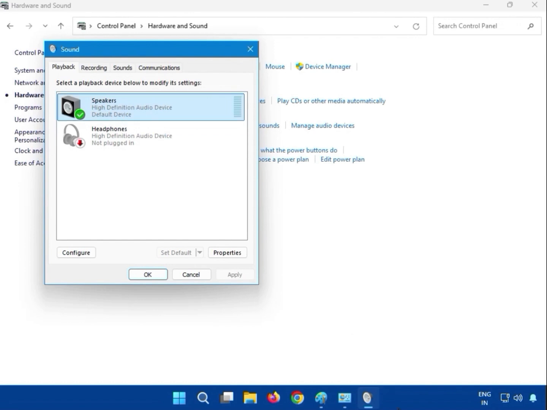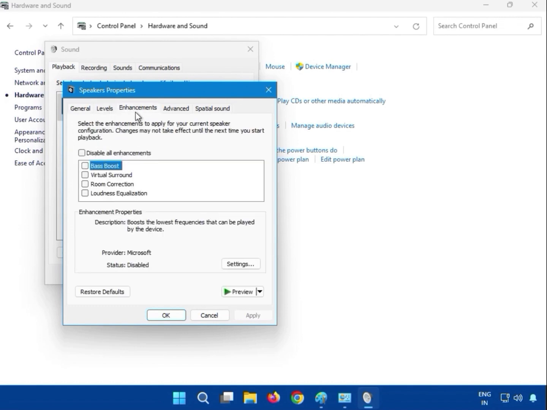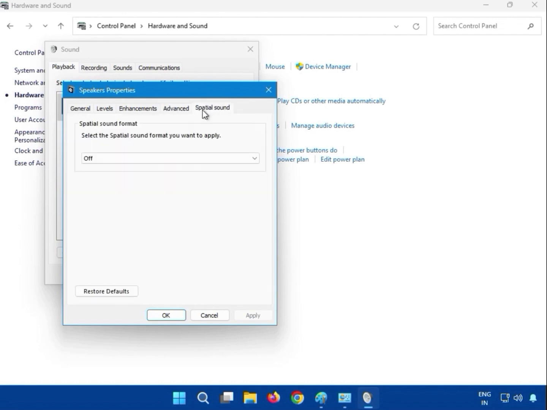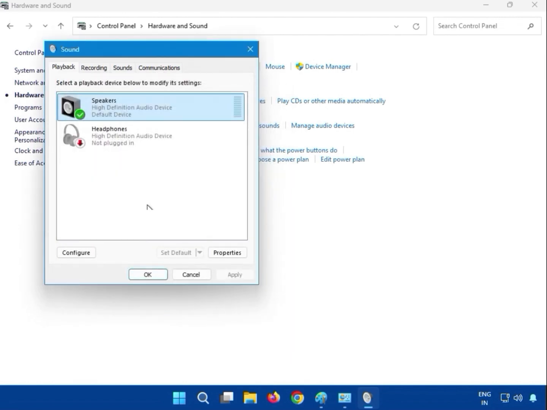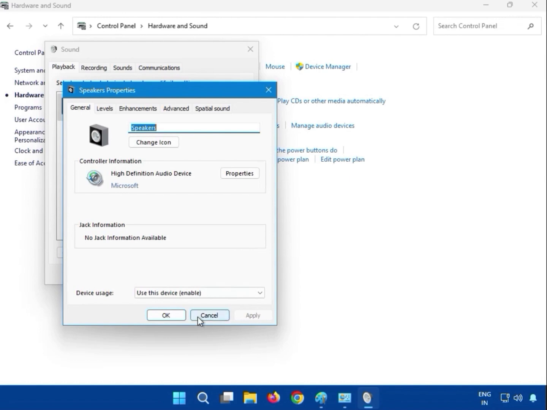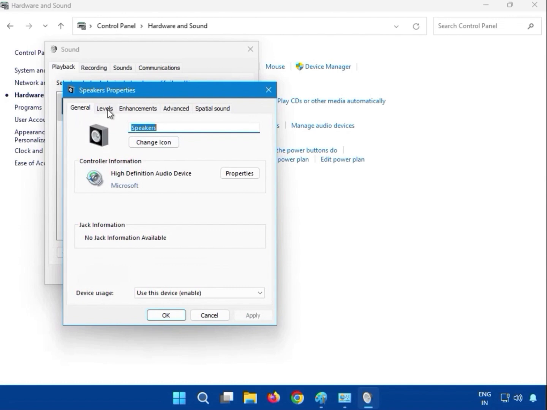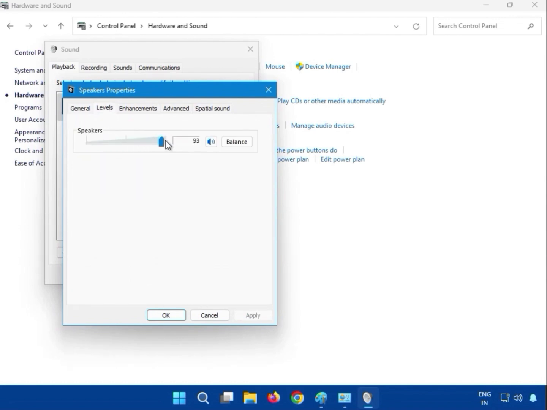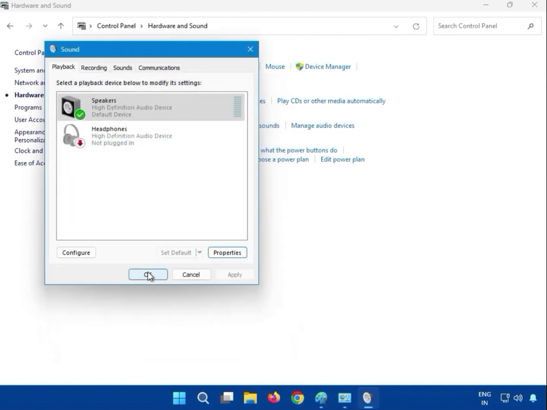Okay, then just double click and click, you can see here like that. Okay, click properties. So guys, select the level 100%. Okay, and you can see here balance on 100%. Okay, and then okay, and then okay,